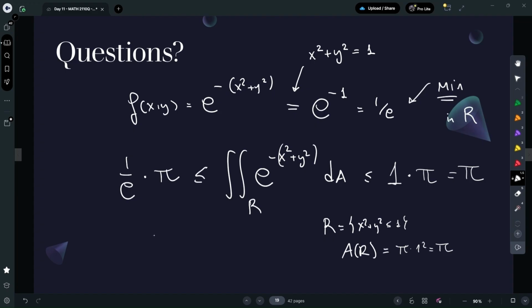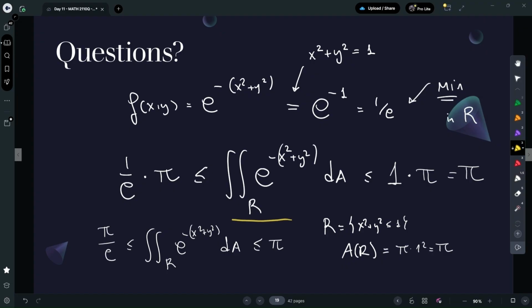So what we get at the end is that the value of the integral I'm trying to estimate over that region R is less than or equal to pi and bigger than or equal to pi divided by e. So that gives me inequalities so that I can have some estimate of what is the value of that integral without actually having to compute the integral itself. So in the next video, we're going to move on and try to start doing integrals, but in polar